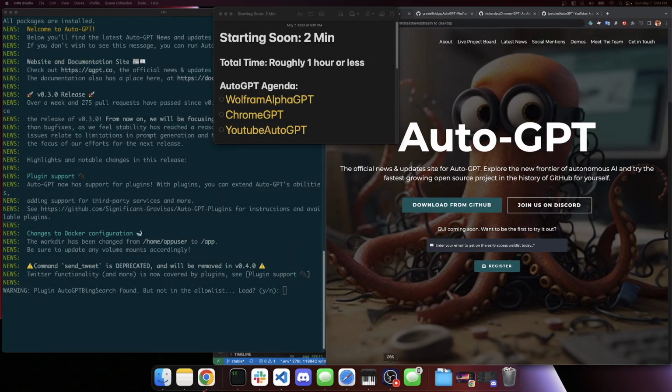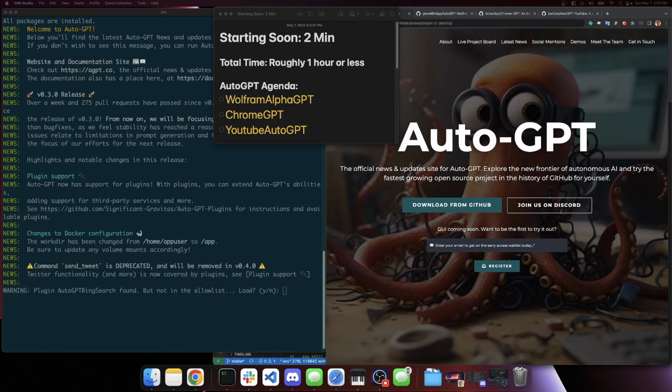Hola friends, today we go over the WolframAlpha and YouTube AutoGPT plugins as well as ChromeGPT, which is a browser navigation tool built on top of AutoGPT. Reminder that I'm still on the 3.5 API key, so results will vary as the tool was built with a 4.0